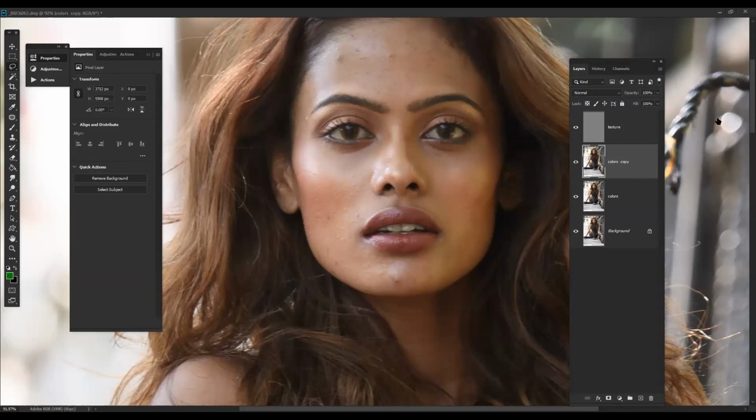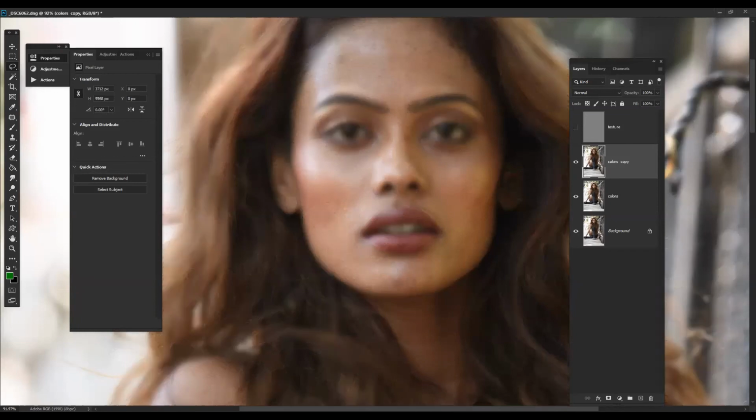So basically you have to understand, frequency separation is never meant for smoothening skin. It's meant for blending the blemishes, or the unevenness we have in the skin. The mistake we make in frequency separation is we never look at the areas where there are uneven patterns, like this one. Right now it's not finished. Let me show this area. You can see here, if I can point it out. Now this area has an uneven pattern in it.